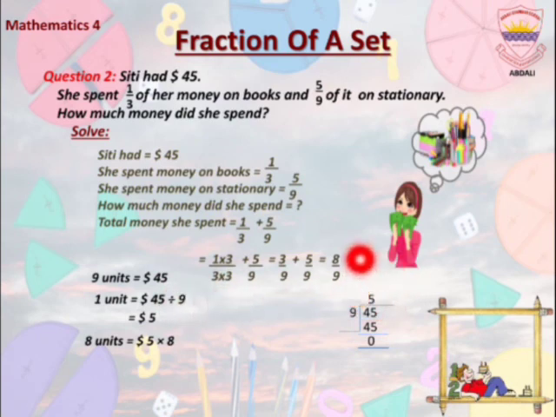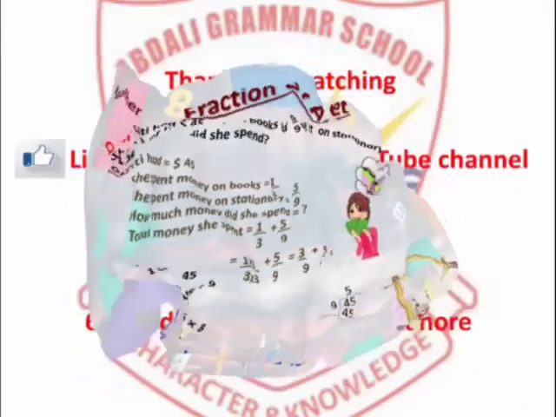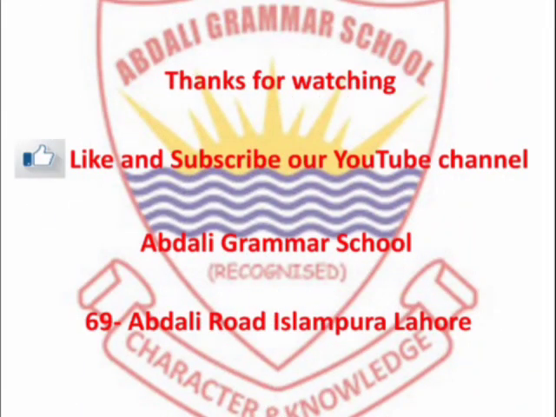Now what we do now? Now students, we multiply our quotient 5 by the units of numerator. Here students, when we multiply 5 by 8, we get 40. She spent money on books and stationery is equal